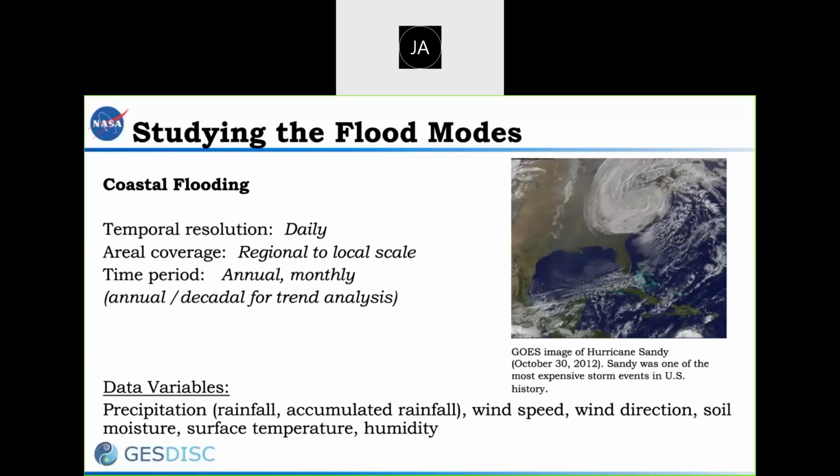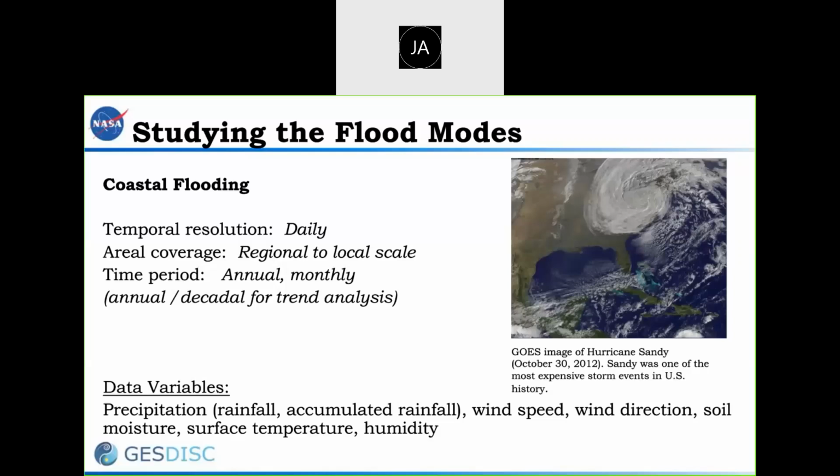Data variables, again, precipitation, but in this case we're also going to add in wind speed and wind direction, because the wind blowing in a certain direction will blow the water onto the land, as we have just seen with Hurricane Ian driving a storm surge onto the coast of Florida. And also soil moisture, again, saturated soils will cause more floods because the ground can only hold so much water. Surface temperature and humidity, or precipitable water vapor in the atmosphere, contribute to the amount of rainfall that can